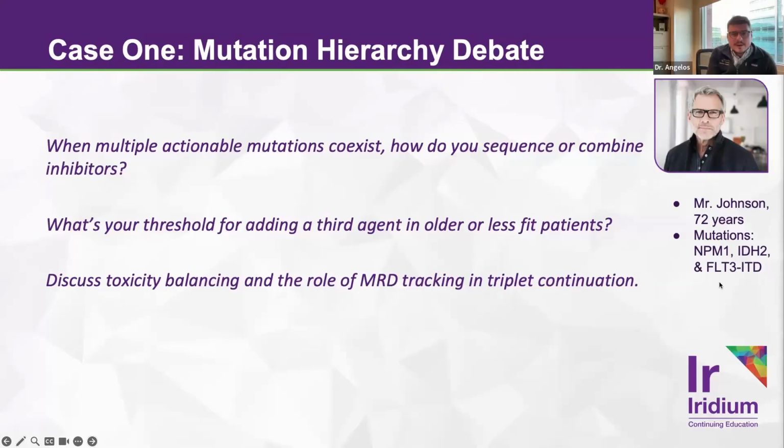I think the verdict's still out here about NPM1 triplet combinations. The early data that's come out with the triplet trials with both revumenib and ziftomenib look quite encouraging, with responses potentially even exceeding 90% CR with triplet combination. However, I think this is just not quite ready for prime time. However, it's not a totally inappropriate choice to consider a menin inhibitor in these situations.